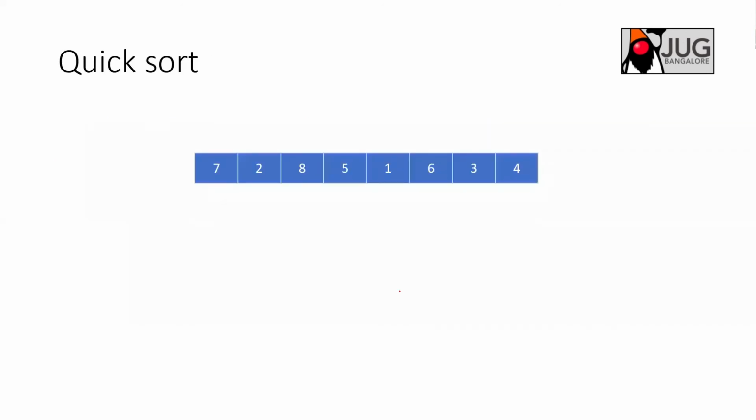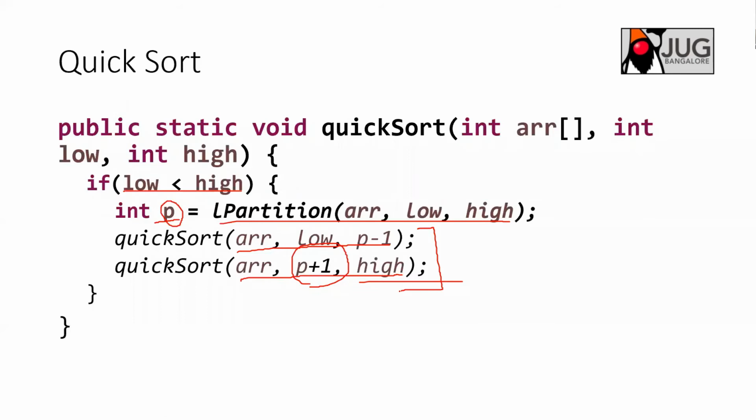If you remember in merge sort, right, we are also doing the same thing. But what we are doing is calling merge sort first, and finally we are calling the merge function, right? So instead of partition here, in merge sort we are doing a merge. You are finally merging until you hit the base condition where low is less than high, and then finally you are merging the 2 elements. If you see, both algorithms work in a similar pattern.